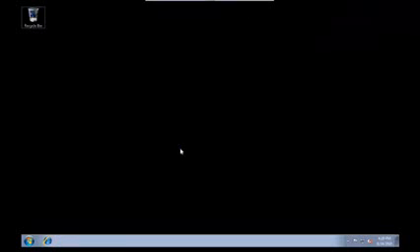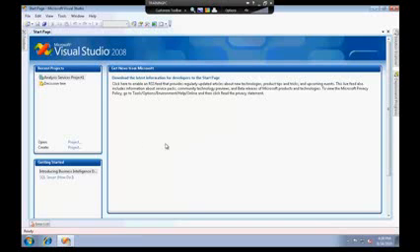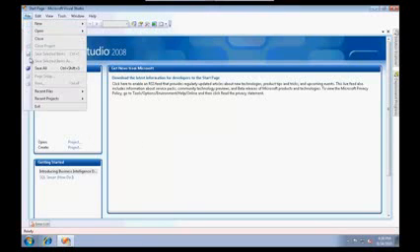So let's quickly jump into a small demo. In this demo, we'll load some data and try to predict how many cars a particular person will buy in the coming years. So I'm going to quickly open Business Intelligence Development Studio. Let's take some examples using BIDS for now. All right, so I'm going to create a new Analysis Services project,